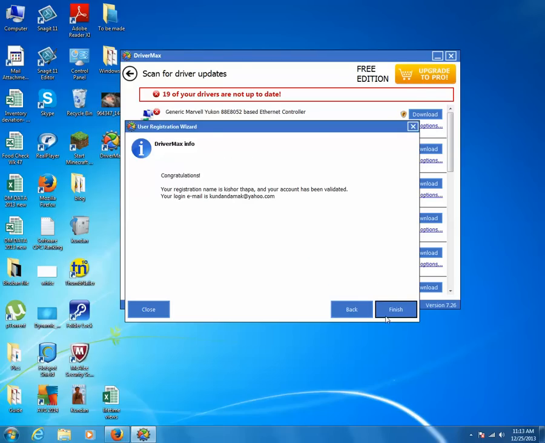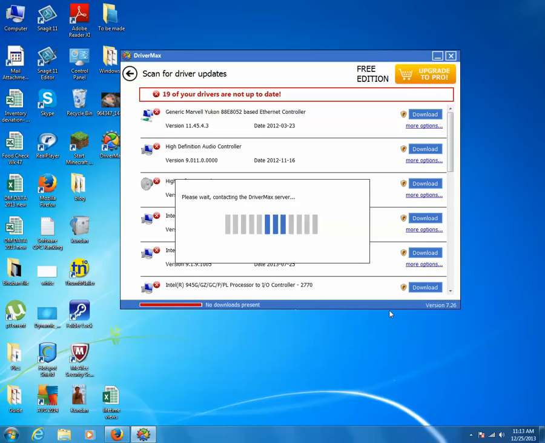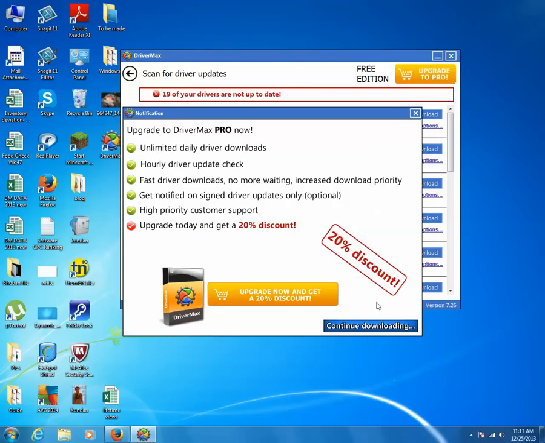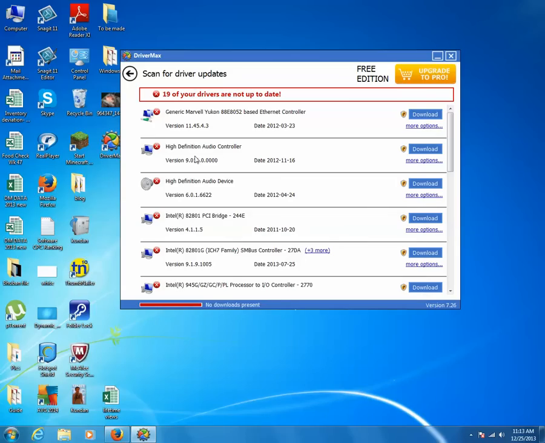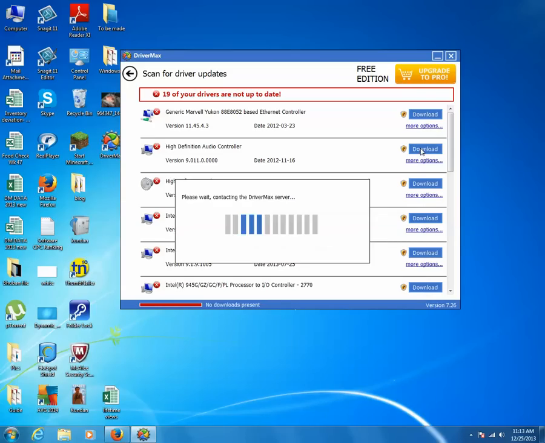Okay, it's giving me a message that I'm already registered. Click on finish. This is the advertisement which is given here. Close. Now download this.